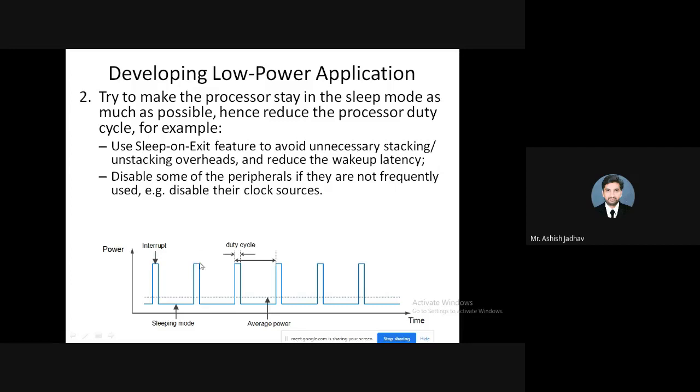Upon arrival of interrupt, again it will wake up, and after executing the interrupt service subroutine, it will go back to the sleep mode. So this is how low power applications are developed. I hope you understood with that snake game example.